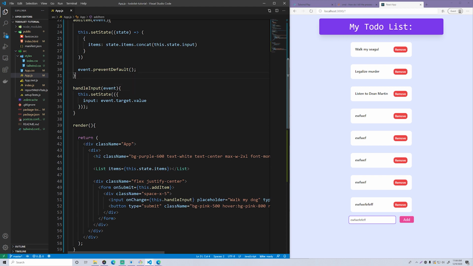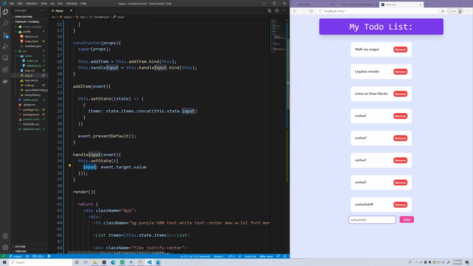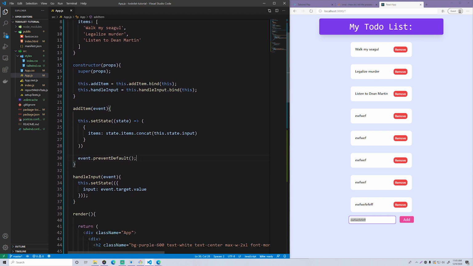What we're doing is setting the state using the setState function, grabbing the input value within the state, and replacing it with the input that was provided to the input element by doing event.target.value, which grabs the value inside of that element currently. So we're changing the state by setting it to the new value, which is whatever is inside of the input box currently.